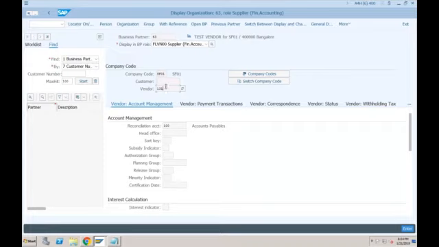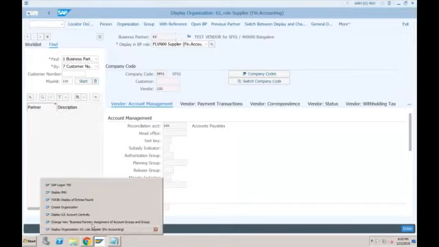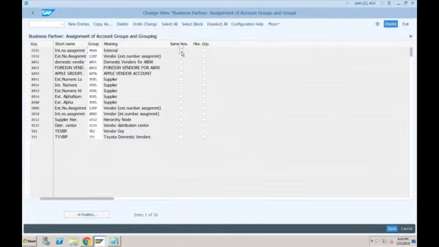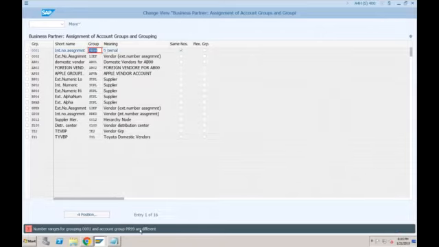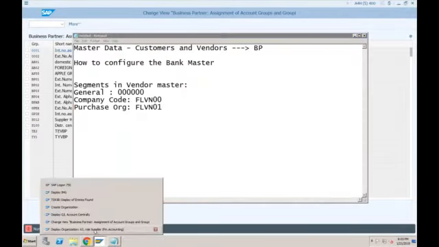But how can we achieve that? How can we make sure that the business partner number is also the same for customer and vendor number? We can achieve it by this configuration. We have to tick this indicator, same numbers. If we keep the same numbers, the system will always provide the same number of BP to vendors and customers. But again, it is not very straightforward. We cannot just tick this and save, because if you try to save this, it will throw an error. The reason is the number ranges within this account group must be the same, right?